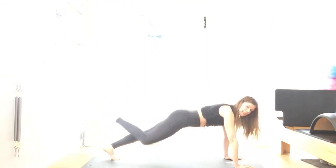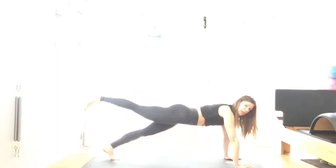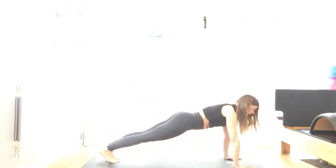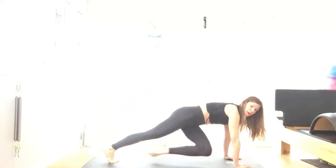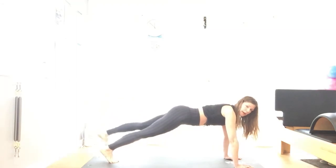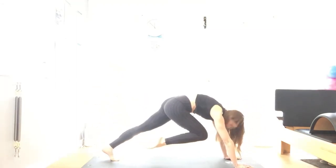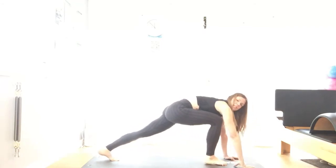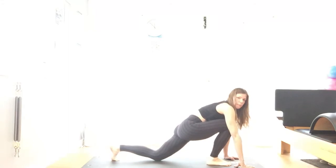Lift the right, tap right, cross tap left, reach it up, send it down. Last one, lift the left, tap right, reach it up, bring it down, reach the right leg up, hug the knee into the nose, step the foot into your lunge. This time we're going to do a low lunge, so drop your back knee,